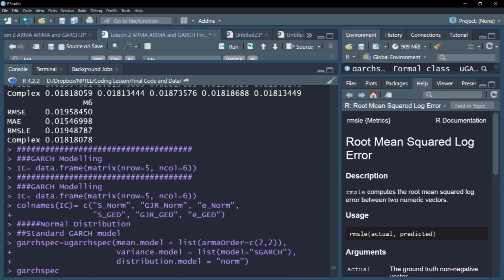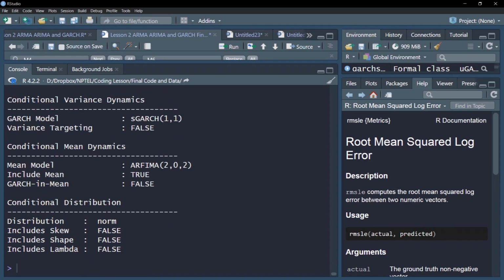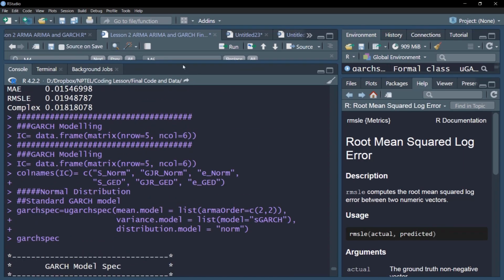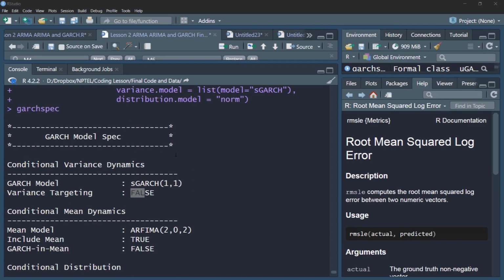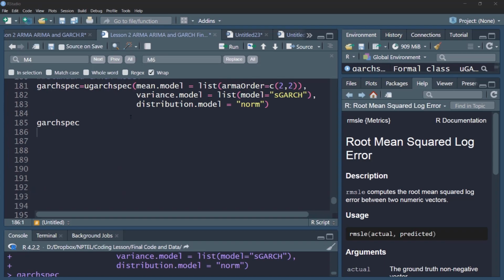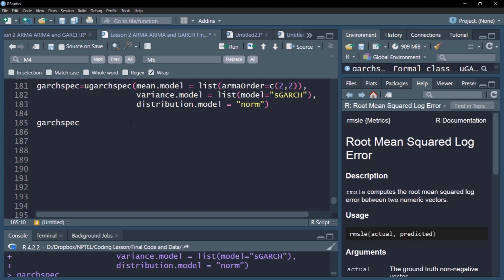It gives you a lot of information, for example the kind of model you have run and the basic contours of the model. Next, we'll fit our data to this specification and we'll create a new object called GARCH fit, which will comprise of ugarchfit.